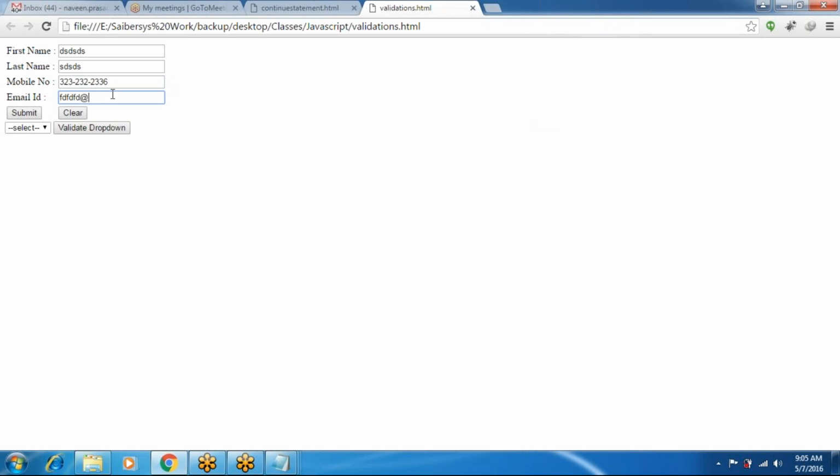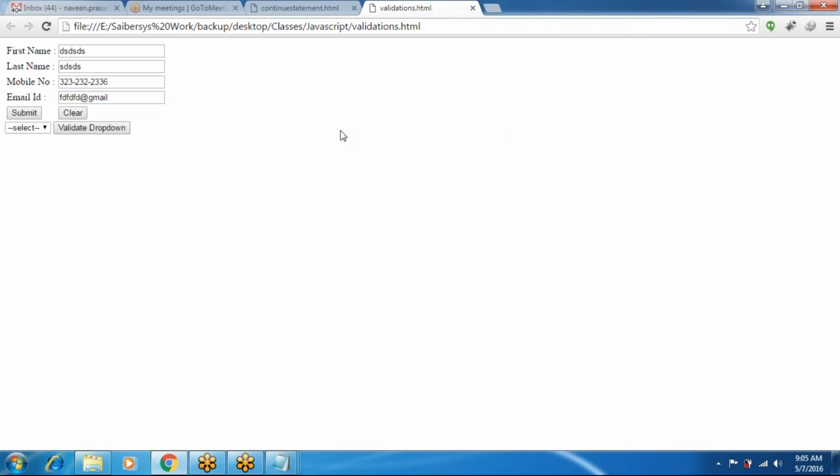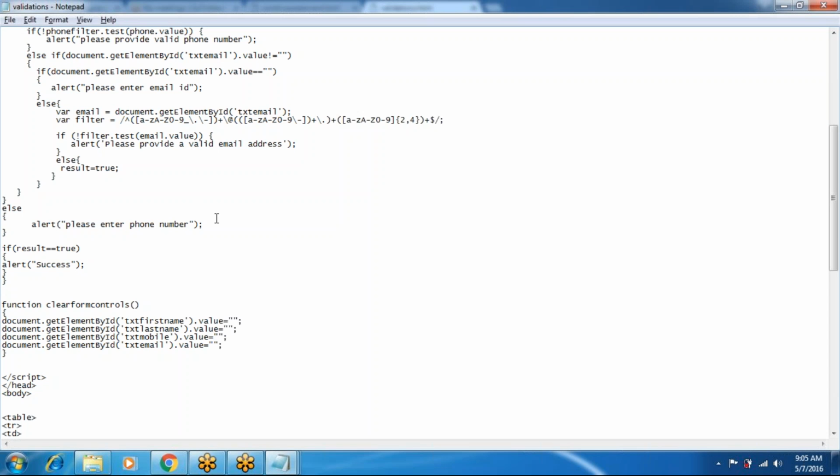So you can enter @gmail, and even after you enter Gmail it will give an error message. You can enter .com or .org or .in or anything. Okay, success. After entering all these values you will get the success message. So we have to provide all these validations.